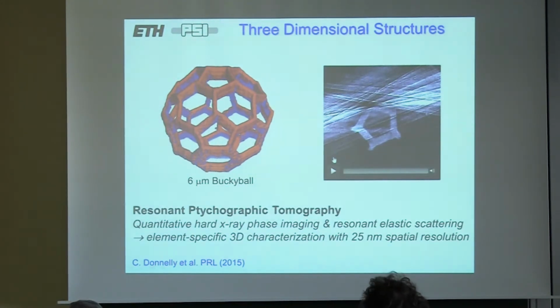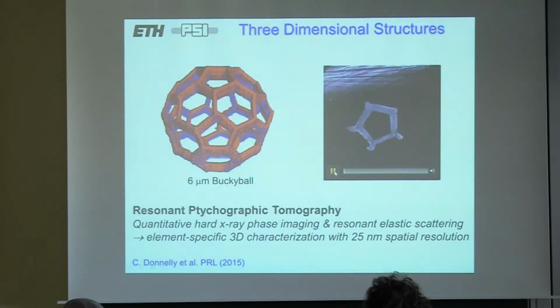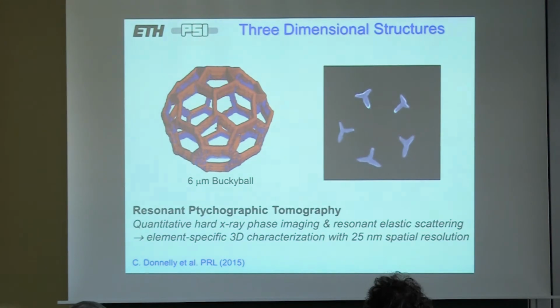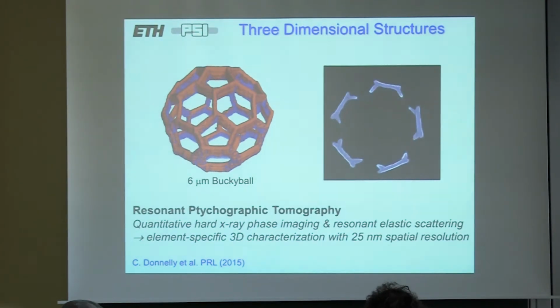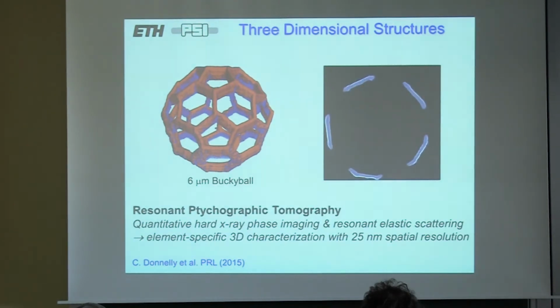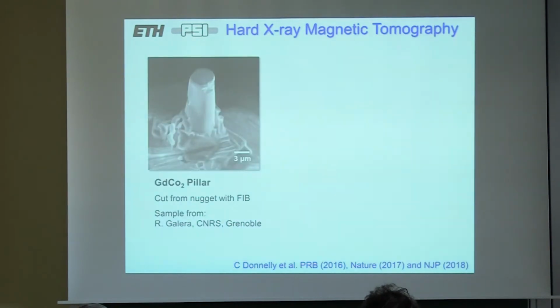And like any tomography technique, you can look at slices through this structure. So that's the bottom, going up through the vertices, and then up to the middle. So that was the first step, but the next step was to look at magnetic imaging. I should also point out that this buckyball structure is a bit like an artificial spin ice that's been wrapped round on itself, but we wanted to perform magnetic imaging, and for this we first turned